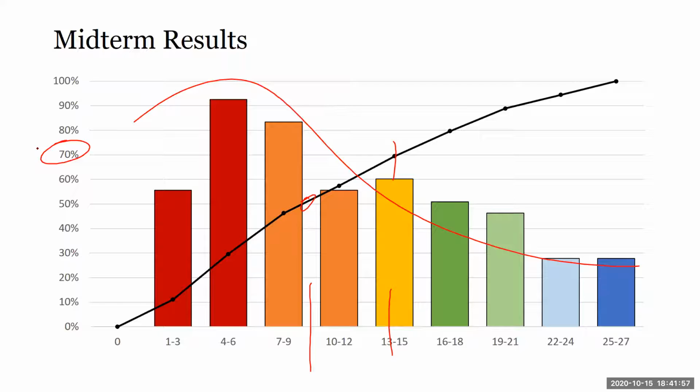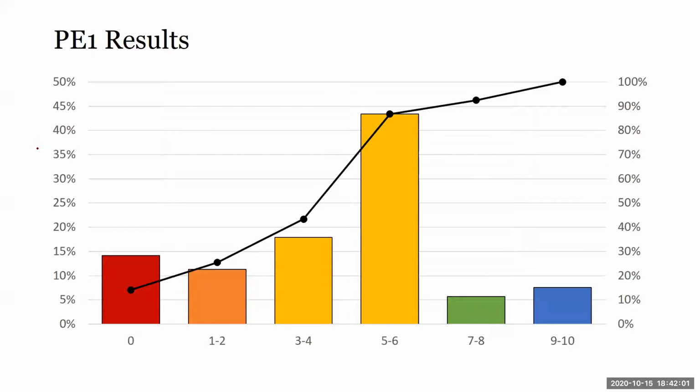Right, so midterm is not as bad as the PE. So PE results we have finalized. I just finalized it. Okay, so I was in discussion with some of the tutors on the grading. So this is your PE results. Actually, PE is out of 10, but as you can see, most of you are like 4 to 5 marks, right? 3 to 4 or 5 marks. So not too bad lah.